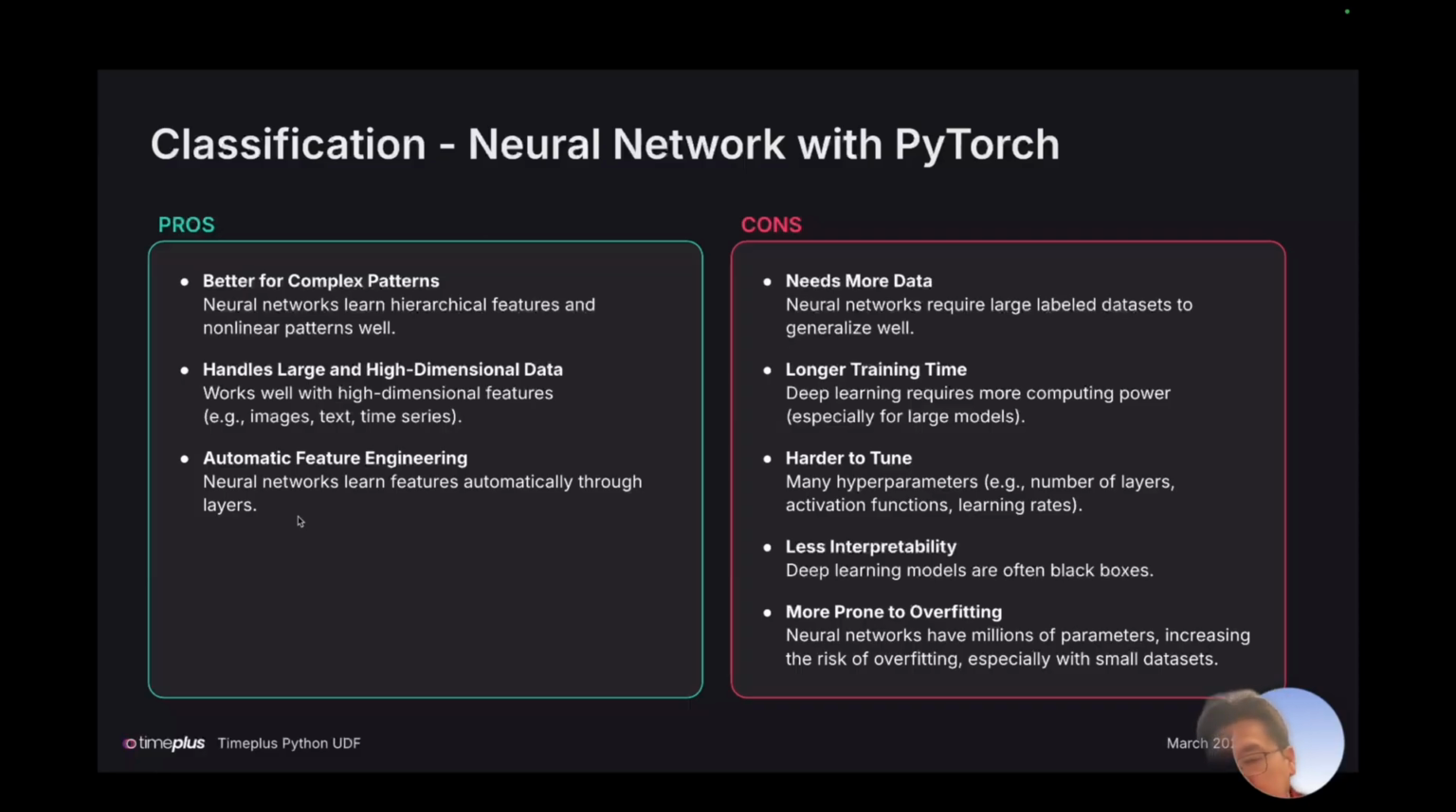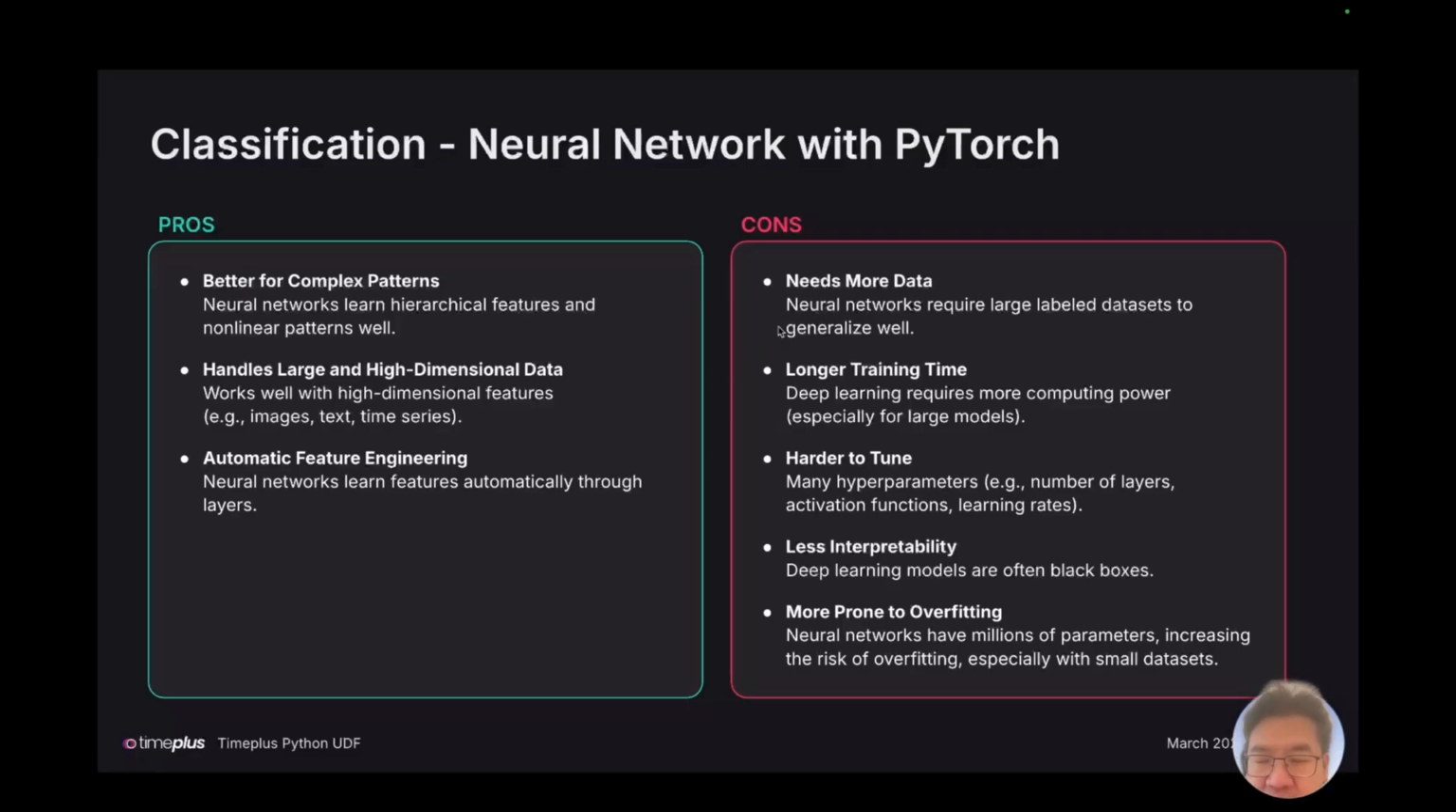Also, you don't need to do feature engineering. With traditional machine learning, you probably spend some time to create your features or decide which features to use. But with a neural network, you don't have to do this because the network will learn those features automatically for you. But at the same time, there are some limitations if you want to use a neural network